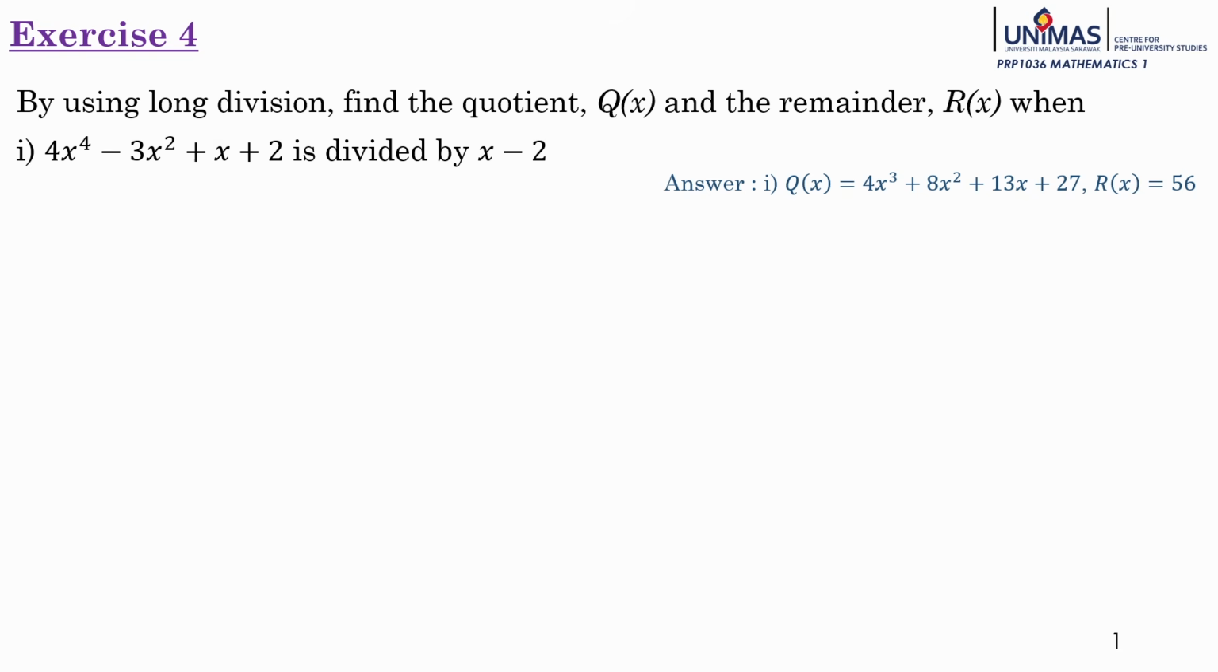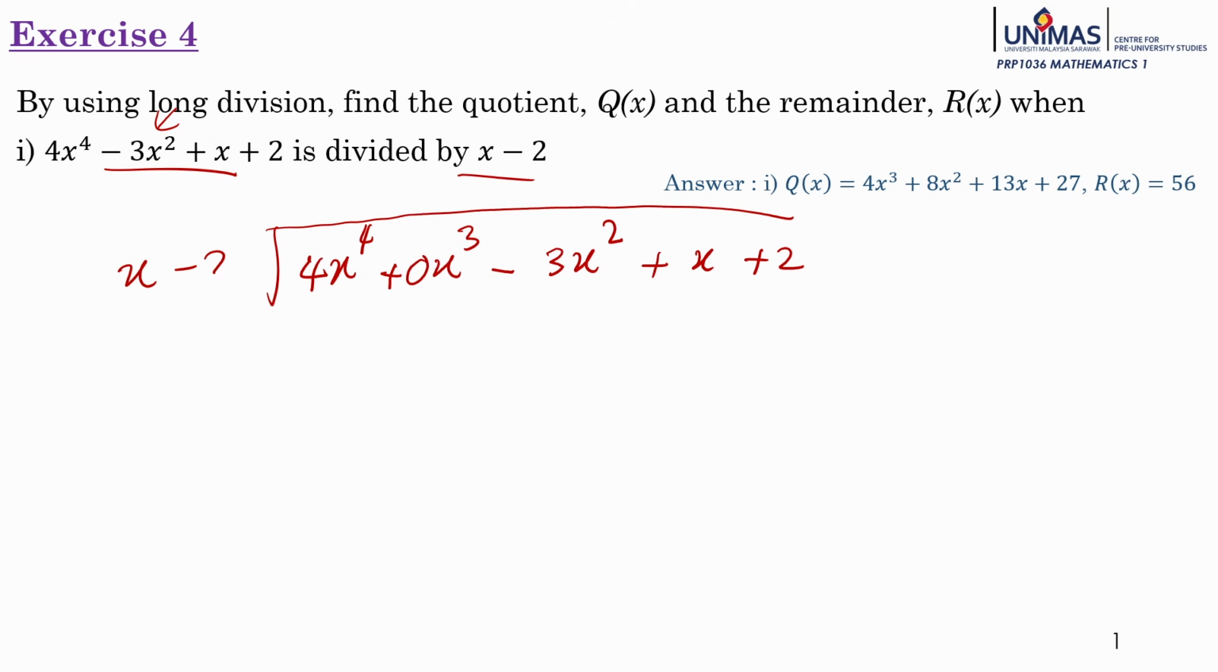Now we see exercise 4. We have to divide these two polynomials. So 4x to the power of 4. We can see here we don't have x to the power of 3, so we have to put that in because it's easier for us to solve later on. That means we put 0x to the power of 3 minus 3x squared plus x plus 2, and then we divide by